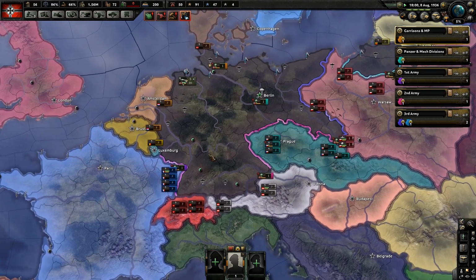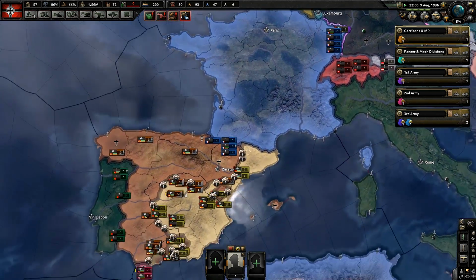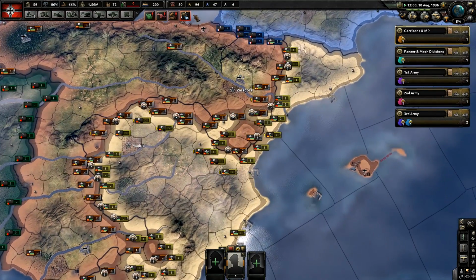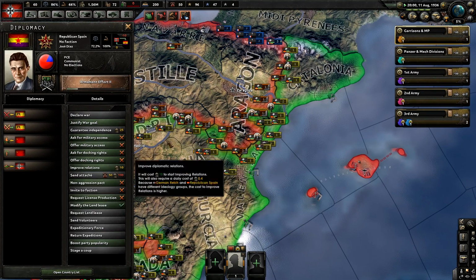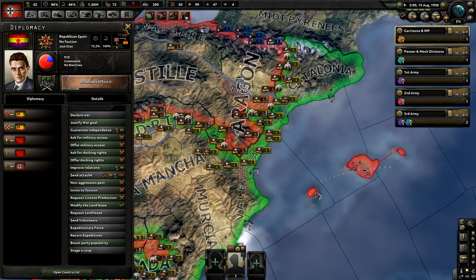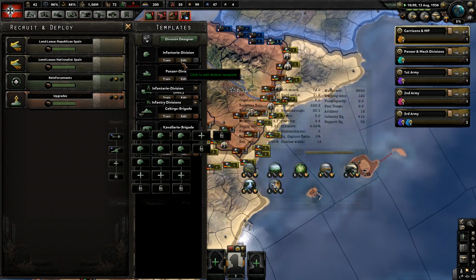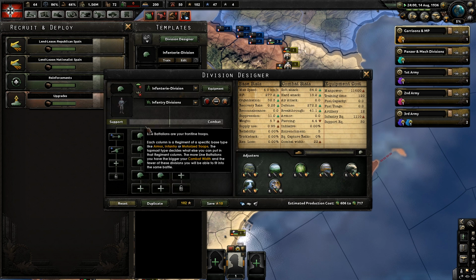So, let's see. There's really nothing much I need to do right now. I actually probably should have sent volunteers down there. And we're almost already at 100 Army XP, and we're still waiting for this. No, the guns are there. That's why it's gaining up so quick. Ooh. That's nice. And we have enough, actually, to go ahead and make 20 width infantry divisions, which is a great idea,